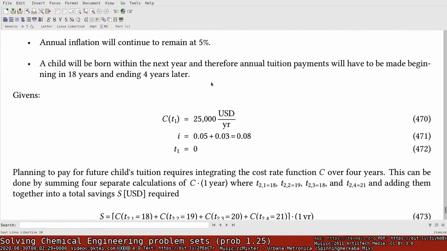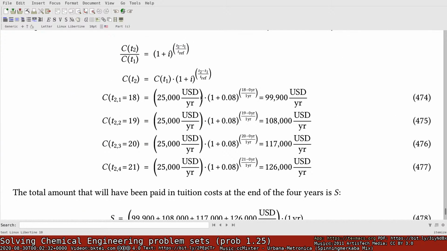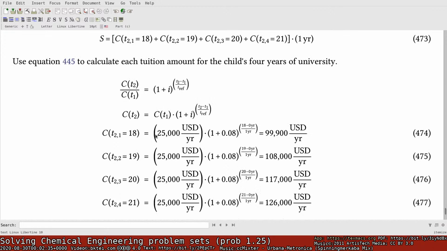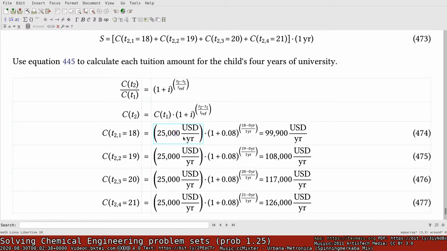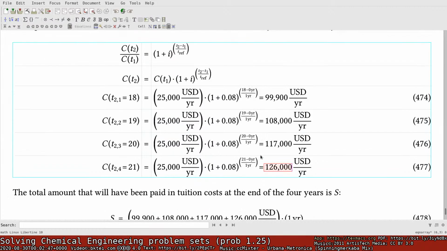I guess I should say that the cost of 25,000 quickly increases by an order of magnitude after about 21 years. Let's see, 126,000 times 1.08. So that's 22 years. 23, 24, 25, 26, 27, 28, 29, 30. So after 30 years,